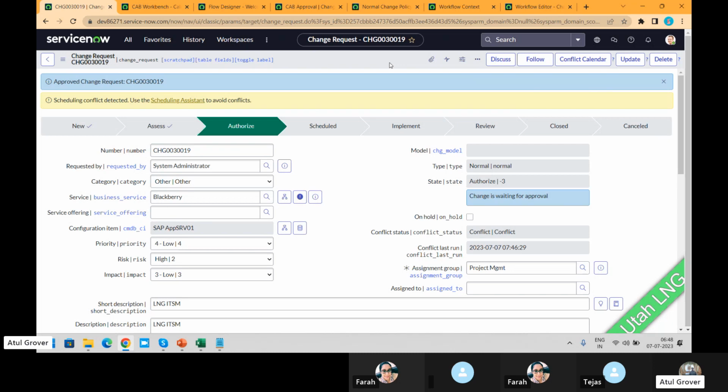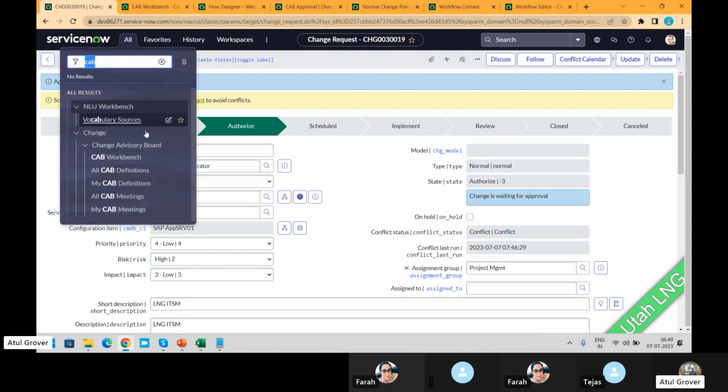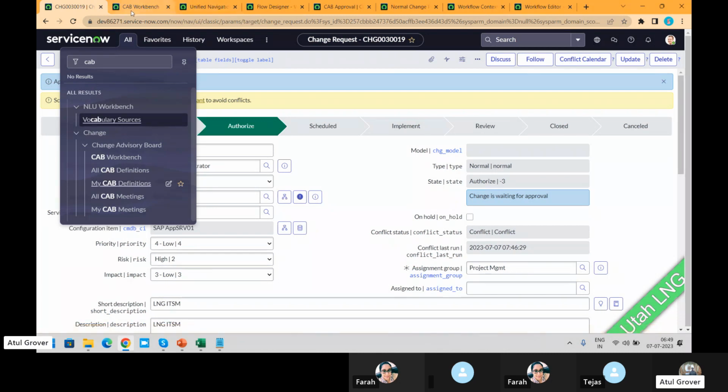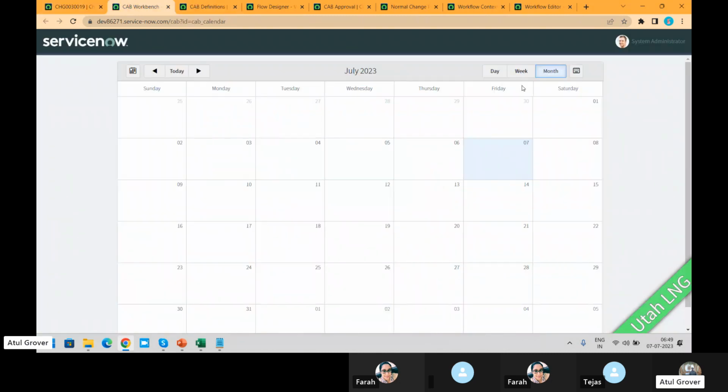Second, a CAB works on conditions. If you say XYZ condition, only then the CAB will work. Only then the change will be added to the CAB automatically. So what I can do, number one, in the CAB, first I have to create the CAB definition. Like we have an SLA definition, in the same manner we have a CAB definition. The CAB Workbench is an important place for the CAB manager,